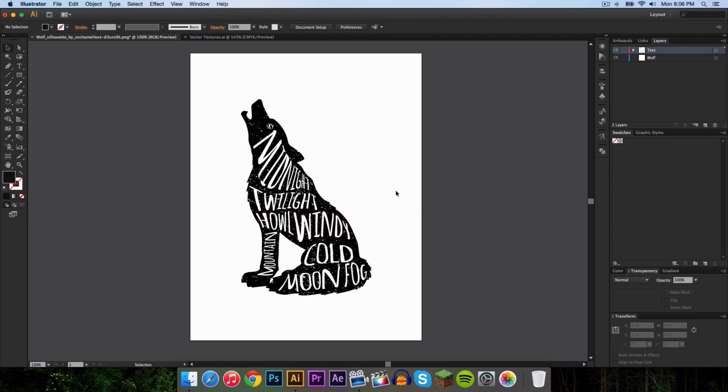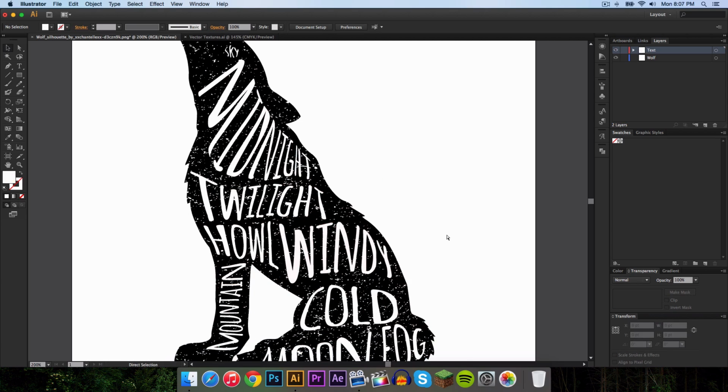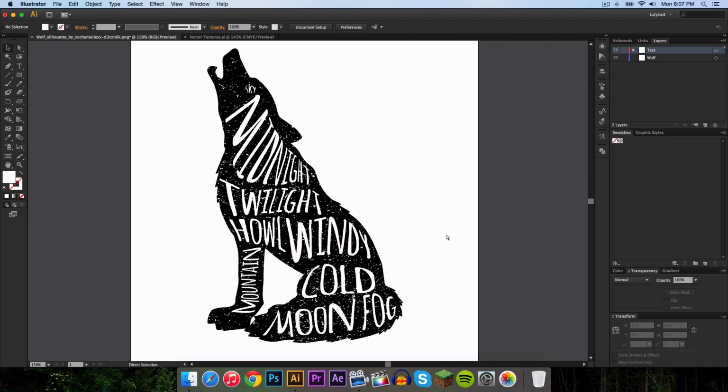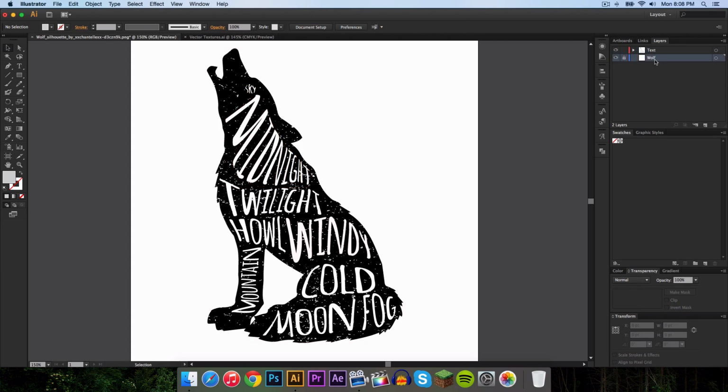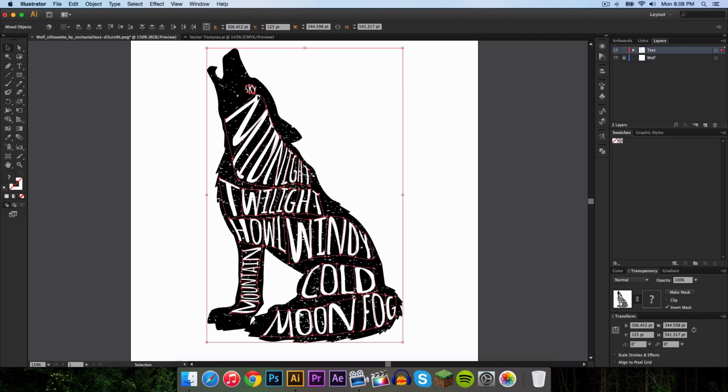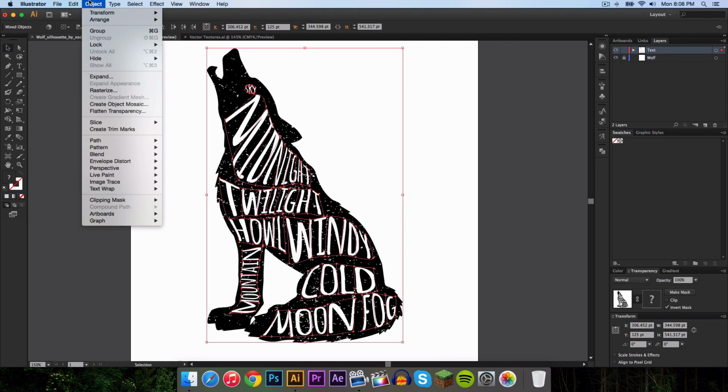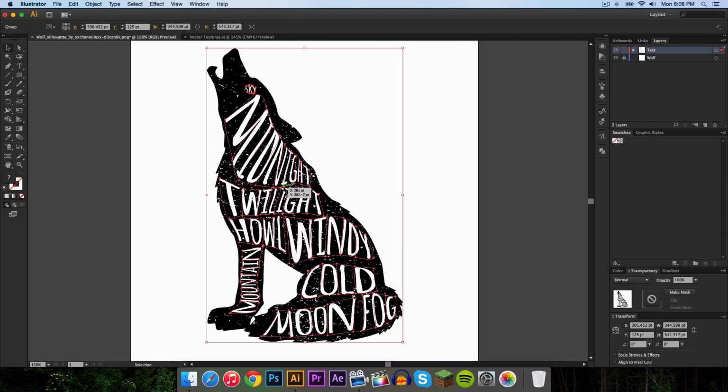So now we're gonna go ahead and add a new opacity to our image. So here's our texture here. It looks very, very nice. So now to add a texture to the text itself, what I'm gonna do is select each of our text here, or actually no, lock the wolf and then select our text. Okay, then we're gonna make a group out of that. So object, group that together, so it should be like that. Wow, I don't know why it's selecting the wolf, to be honest.